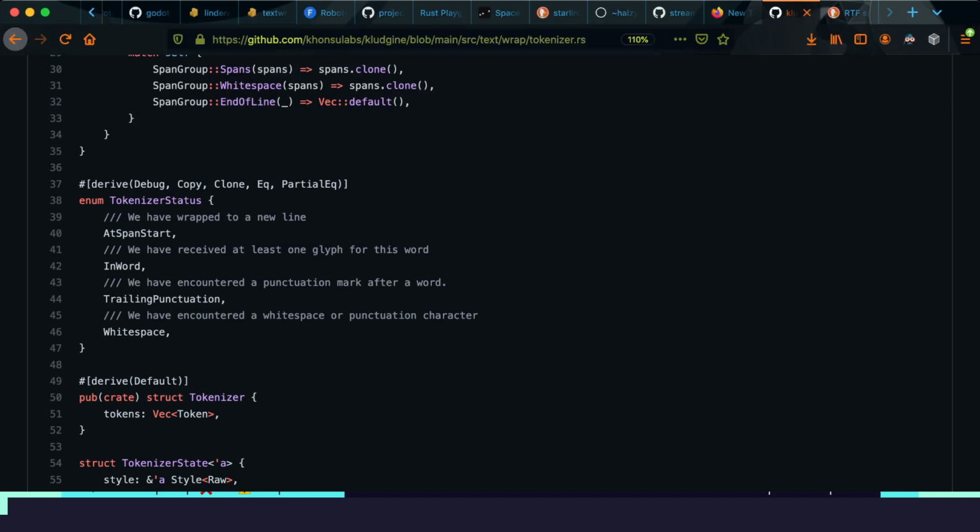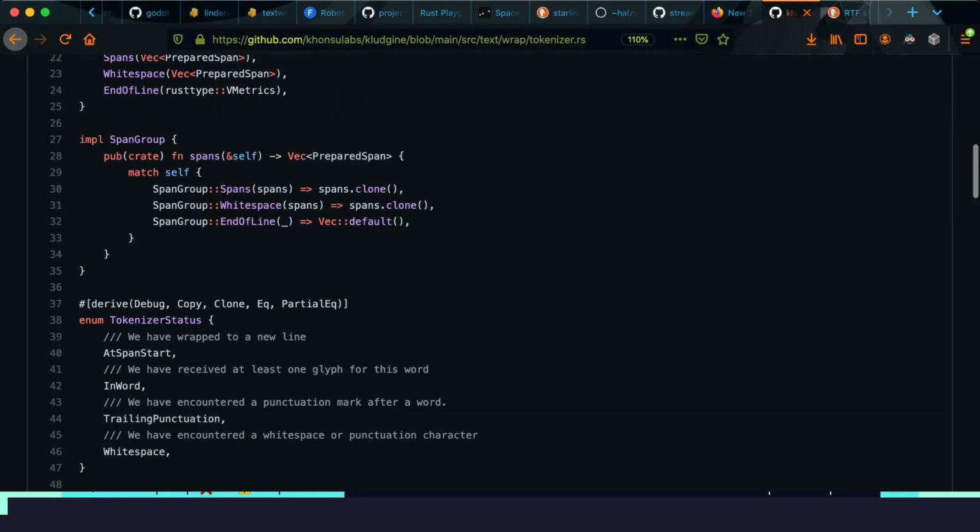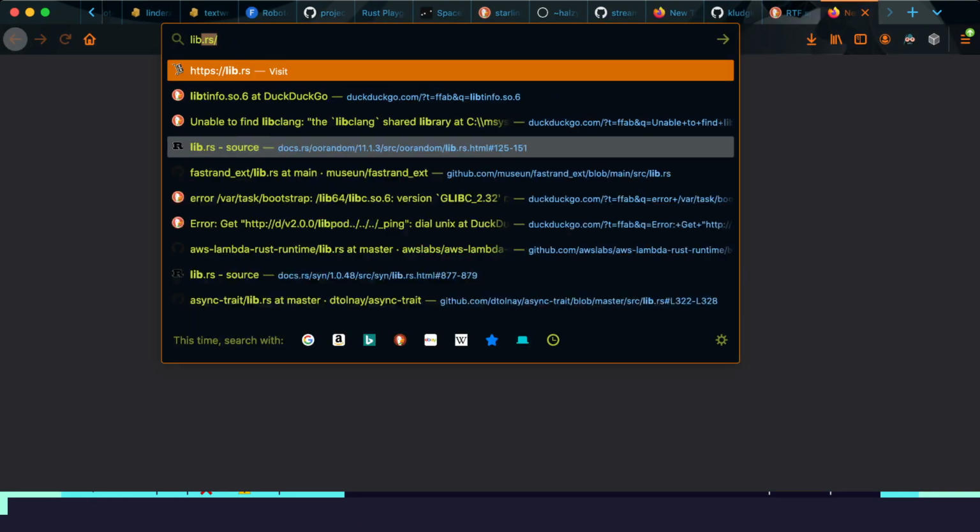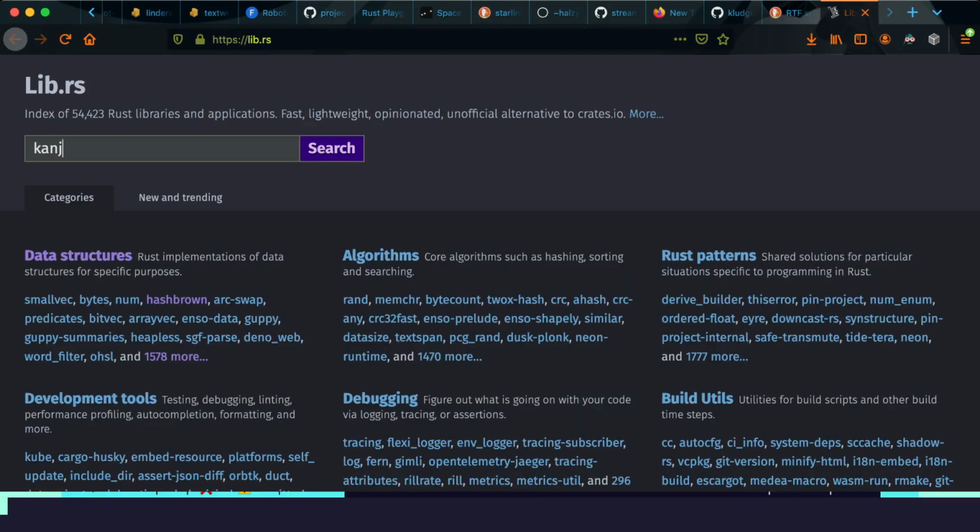Kanji? Yeah. So it'd be interesting to be able to solve that as well. Not like we're going to solve it in the sense that it would be interesting for somebody to be able to provide an object that's implemented a trait that knows how to analyze a glyph and tell us, is this part of a word, or is this set of glyphs part of a word? So if we go to lib.rs,